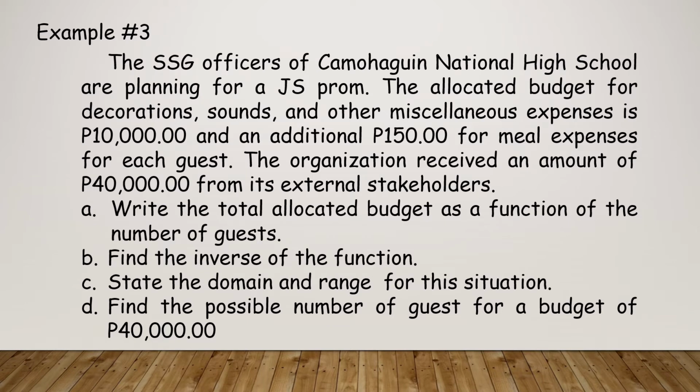Example number 3, the SSG officers of Kamahag National High School are planning for a GS prom. The allocated budget for decorations, sounds, and other miscellaneous expenses is 10,000 pesos, and then additional of 150 pesos for meal expenses for each guest. The organization received an amount of 40,000 pesos from its external stakeholders. A. Write the total allocated budget as a function of the number of guests. B. Find the inverse of the function. C. State the dominant range for the situation and find the possible number of guests for a budget of 40,000